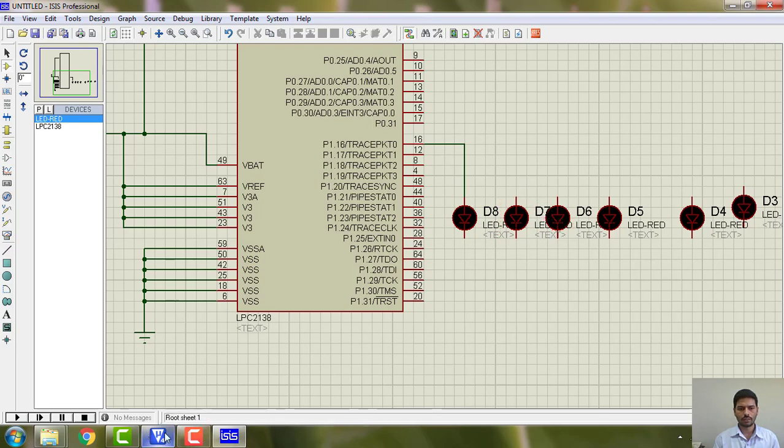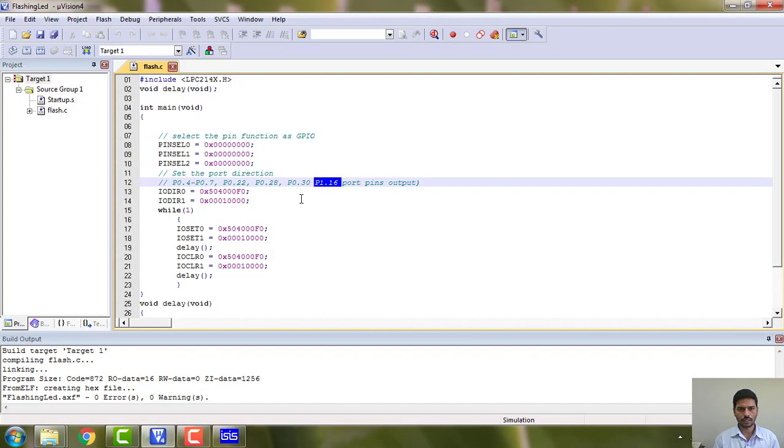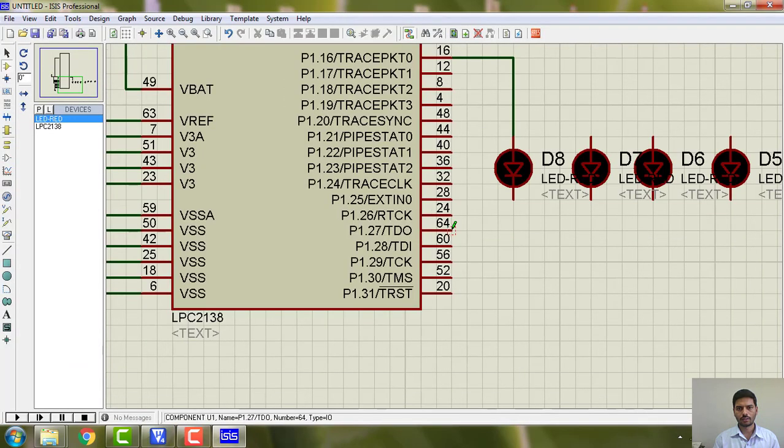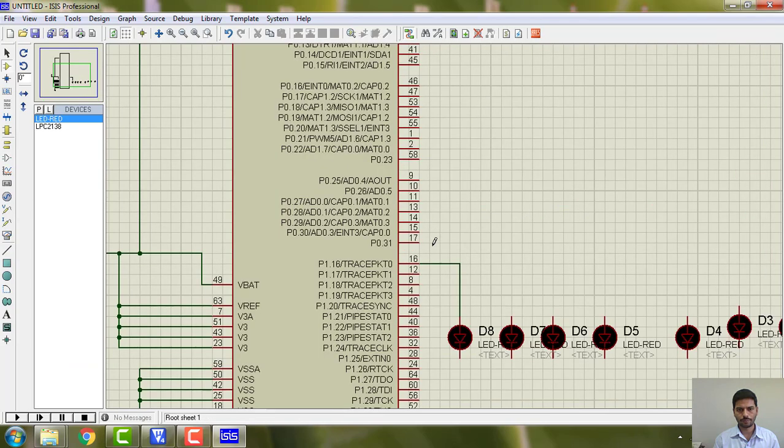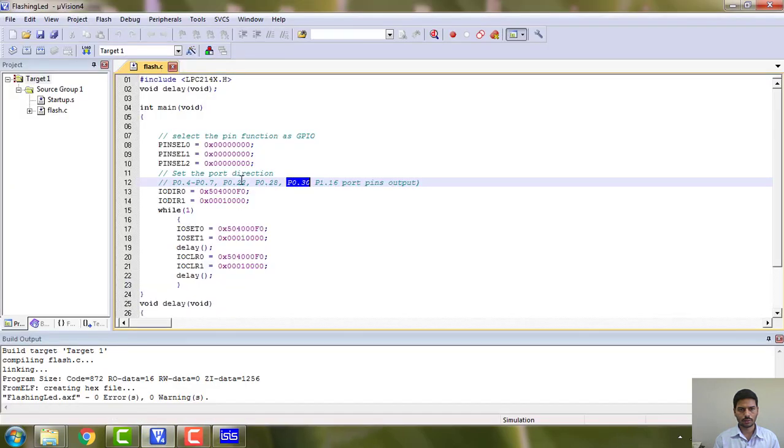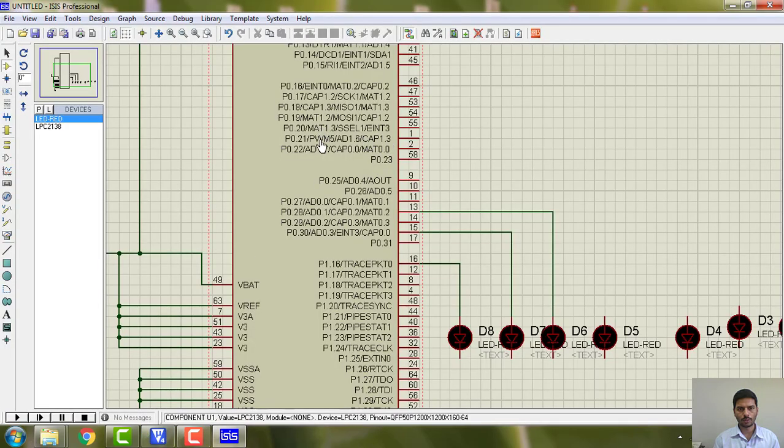And the 7th LED is connected to P0.30, here. 0.28, and next 0.22, P0.22 somewhere here.